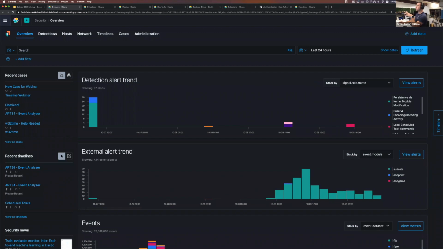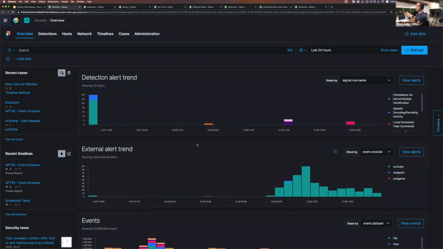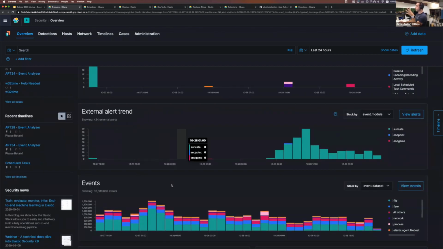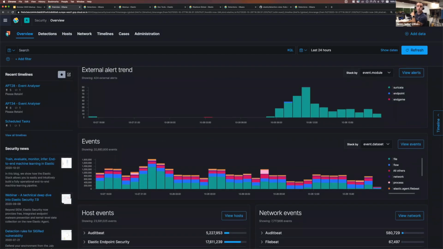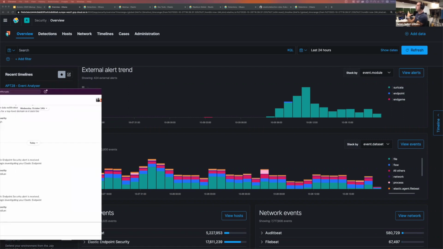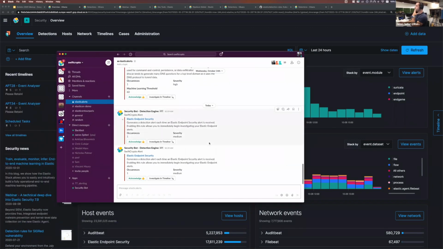I'm in the overview page of security here, but I'm not going to spend too much time on it. I just wanted to start off on this page. What I'm really going to start off from is an alert. So I'm just going to go through sort of a typical life cycle of an alert workflow. So I have a Slack bot here, which I had built. And my latest alert says, hey, we've had an alert from endpoint security.